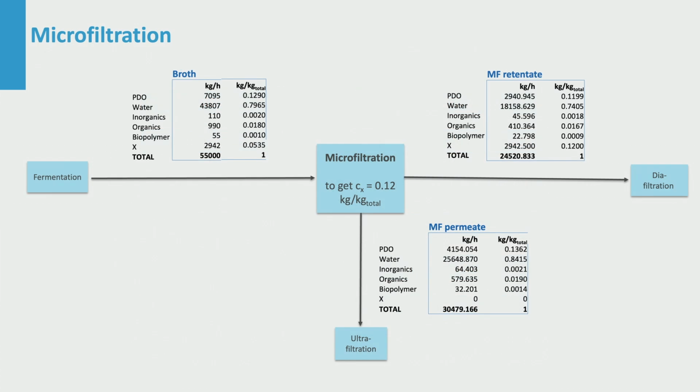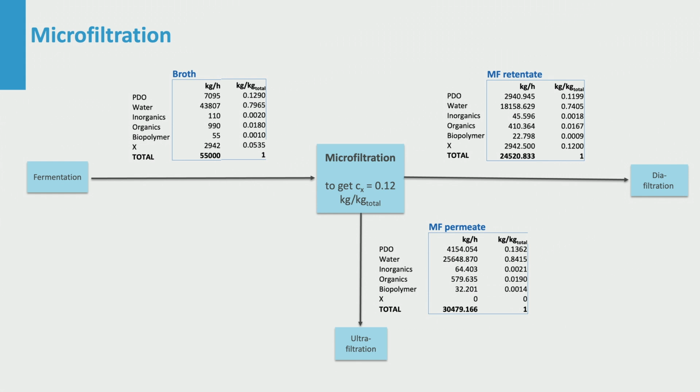Assuming that all cells are retained by microfiltration, we still cannot remove all liquid from them. We assume that microfiltration can reach 120 gram dry mass per kilogram. Be aware that this corresponds to 480 grams of wet cell mass per kilogram when we account for intracellular liquid. The 520 gram extracellular liquid may be just enough to keep things flowing, and in the mass balance shown, it is assumed for simplicity that the water and all solutes distribute evenly between intracellular and extracellular liquid, which is probably true for PDO at least.